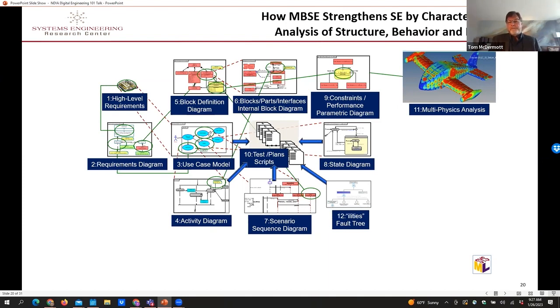So if your business is building bicycles, you know, you might not be implementing all of this system level modeling. You may just need to use certain components of it to provide configuration management and reuse of different parts in your engineering system.